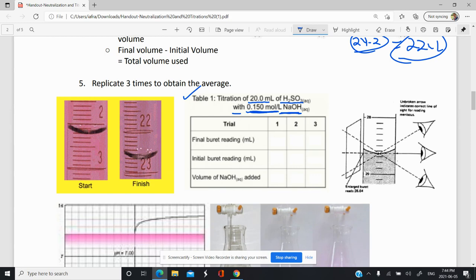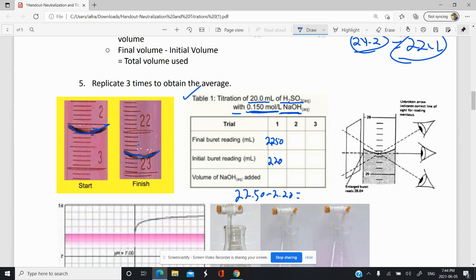This is the same burette, just side-by-side pictures at different parts of the burette. This would be our initial here. So we have 2, 2.1, 2.2, about 2.20, because you get 2 decimal places. So initial burette is 2.20. That's in milliliters. And our final is about 22, 22.1, 22.2, 22.3, 22.4, 22.5, about 22.50. The readings go up as you go down the burette because you want to be able to subtract in this way. But basically, to find your volume of NaOH here, you do your 22.50 minus 2.20, and that would give you